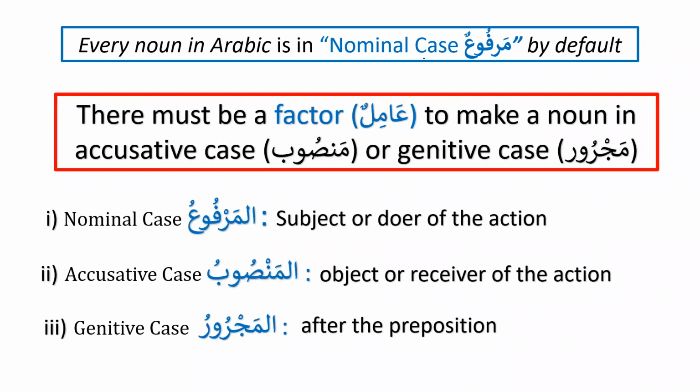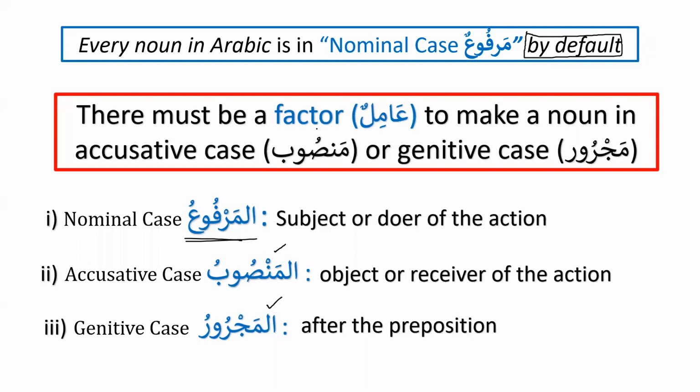Every noun in Arabic is nominative case, marfu'un, by default. As we always come up with a small conclusion in the beginning of every property. So the conclusion that we have over here says that every noun in Arabic is nominative case by default. Now, of course, we have seen that there are three states. We have al-marfu'u, wal-mansubu, wal-majruru. So the first one is clear, the noun is by default marfu'u. But for a noun to be mansub or majrur, that is accusative case or genitive case,